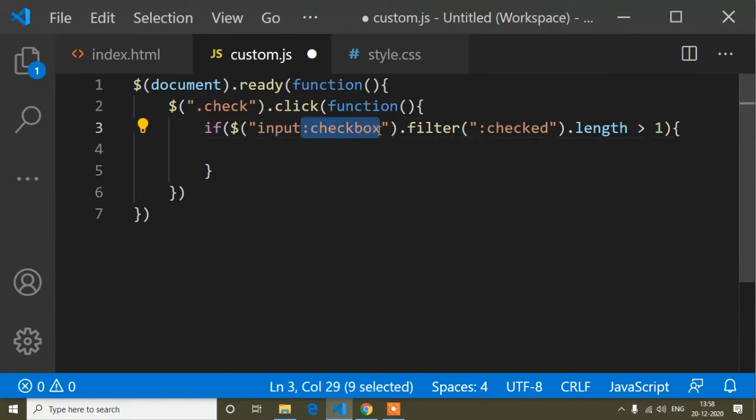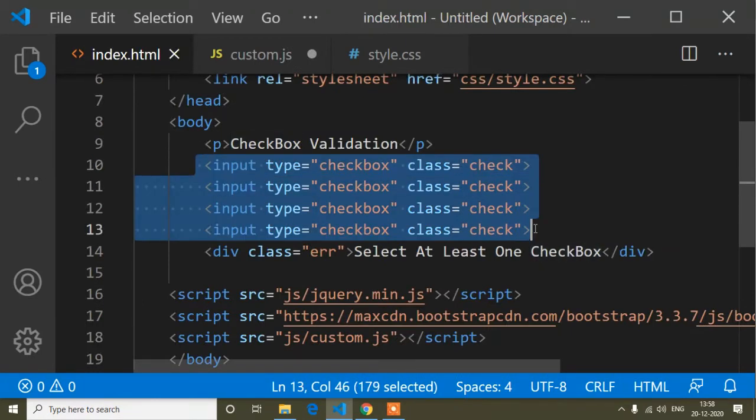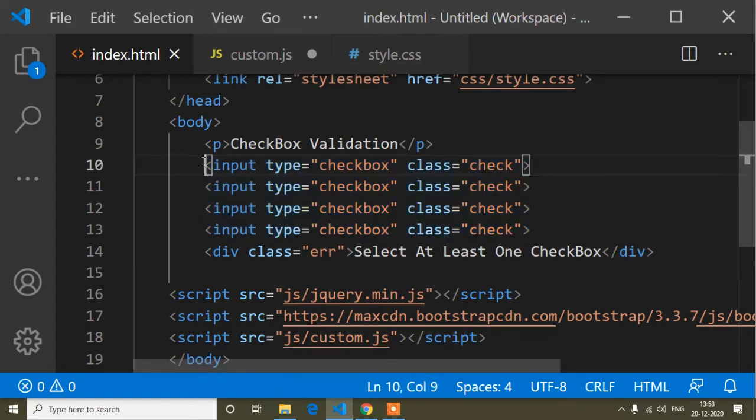After that we can also write only input, but in this form it's only checkbox, as you can see. But sometimes you have to handle all the input types like text, radio, this kind of thing. So that's why I am validating this one.